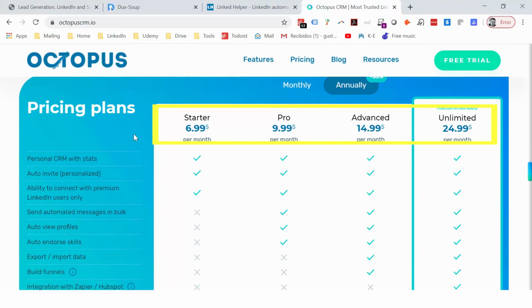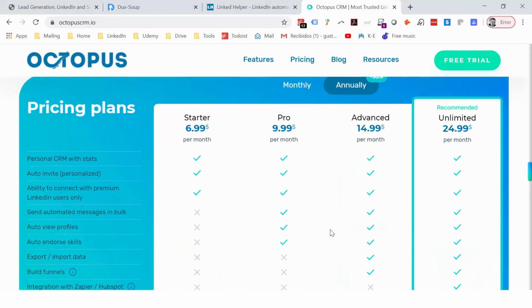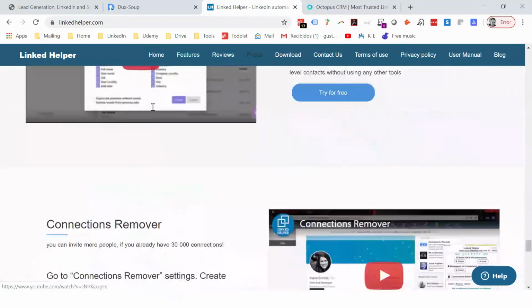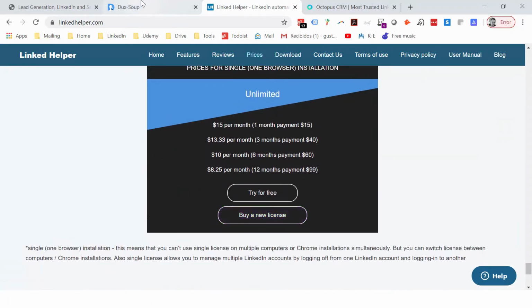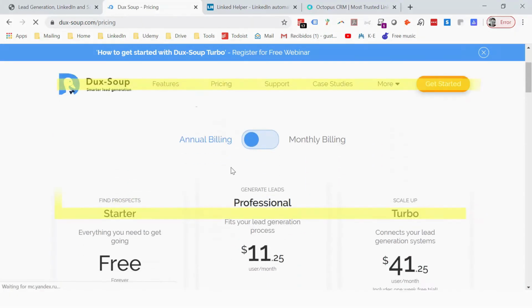And here you'll see the different prices that they have for the different plans. You'll see all the features that they include. And just compare each one of them, the price, the features, and that way you can decide what is better for you,